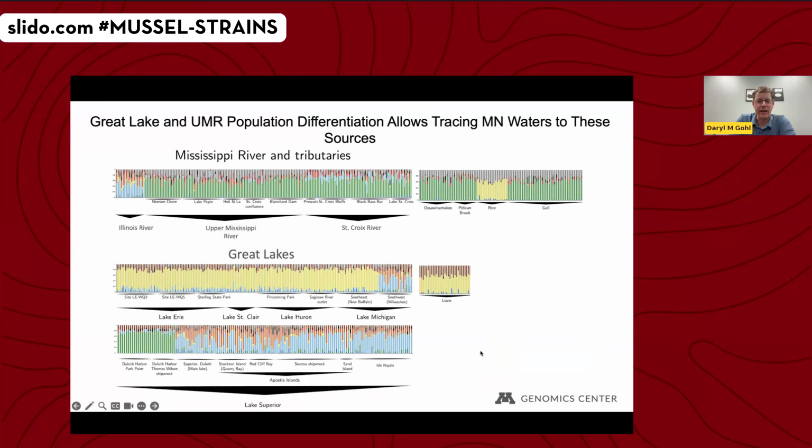And then if you look at, I think the Illinois River is on here. Where is that? Maybe it's not on these plots right here. Oh, sorry. It's right next to the Mississippi. Thank you. Yeah, so you can see the Illinois River looks much, much more like the bulk of Lake Superior and part of Lake Michigan than it does the Mississippi. Right.